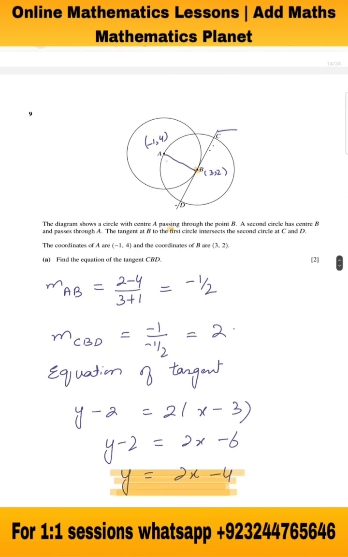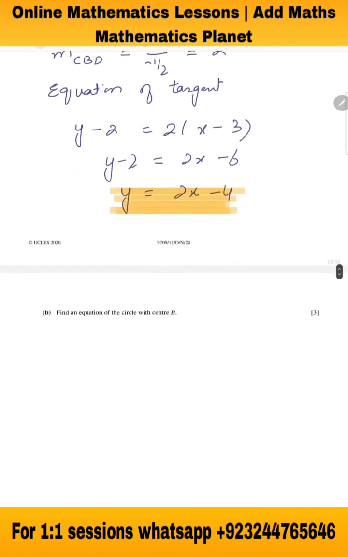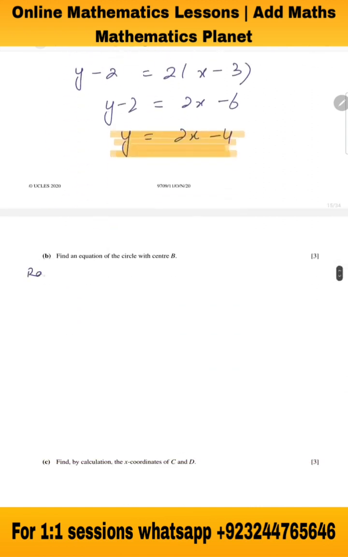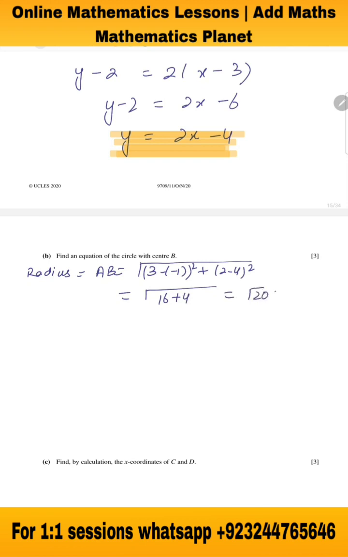We need to calculate AB, because the distance between A and B will be the same as the distance between C and B, which is the radius of the circle. So the radius of the circle will be the distance between A and B, which is equal to 3 minus minus 1, 2 minus 4. So the equation of the circle with center B,